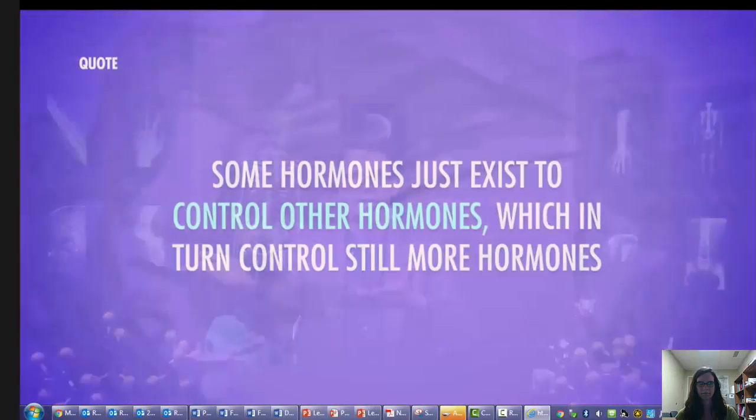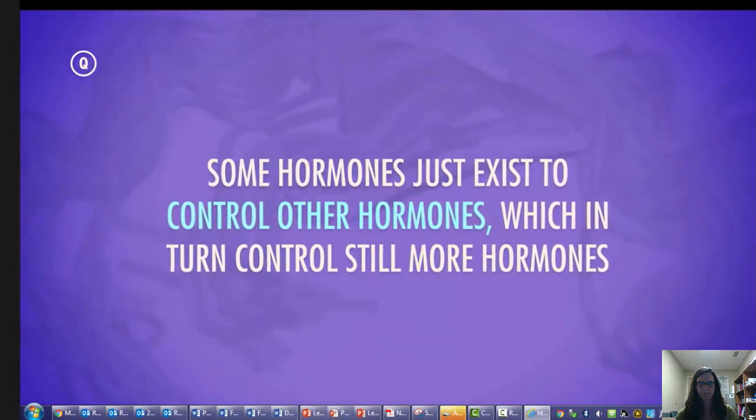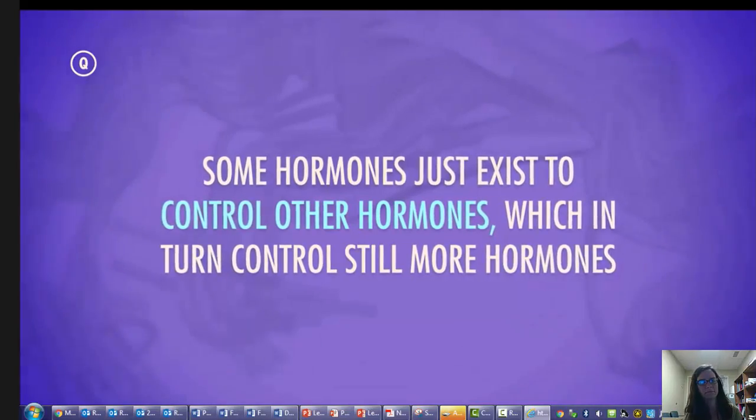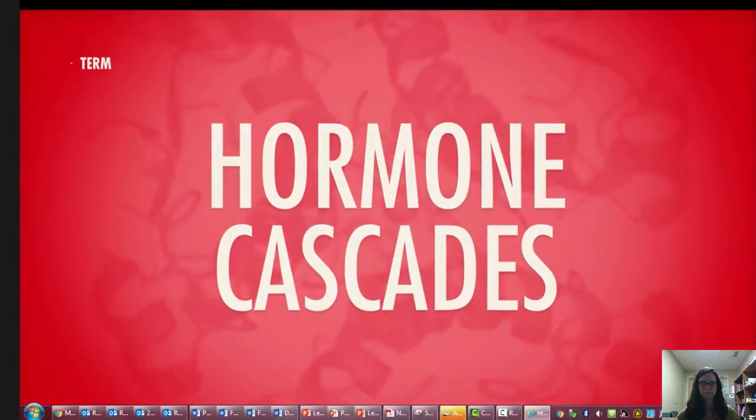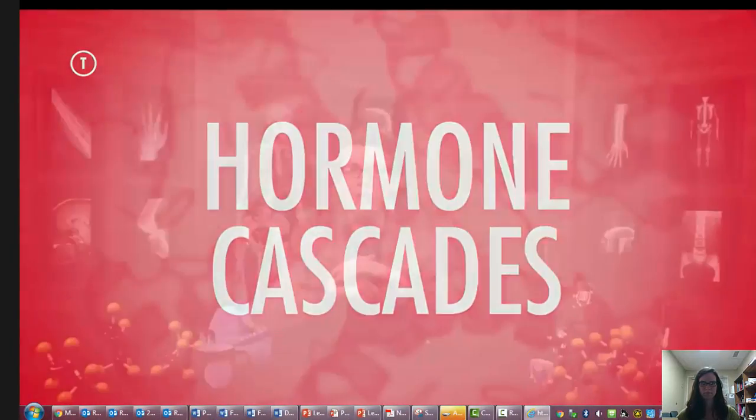But there are lots of more common and less obvious ways your hormones can get out of balance, not because of some disorder, but because these signaling chemicals are just caught up in a chain reaction, which can take a while to subside. Some hormones just exist to control other hormones, which in turn control still more hormones. So as soon as one starts to trickle out, you can pretty quickly wind up with a cascade on your hands. You've got a few different hormone cascades going on at any given moment, but one of the big ones,